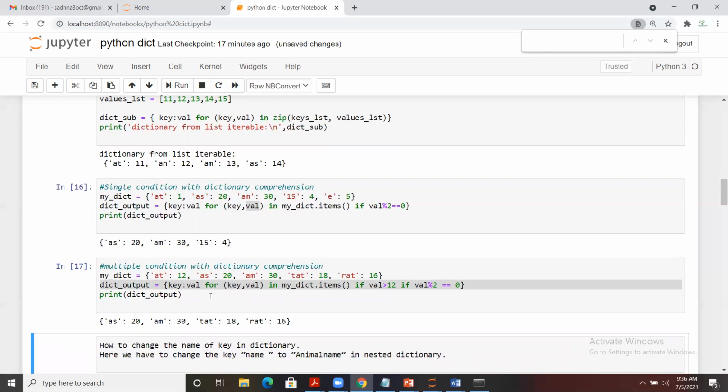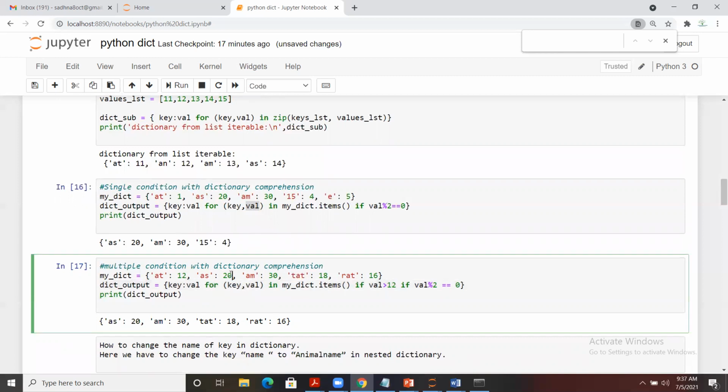It has not considered 12 because the condition that I have given is greater than 12. If I make it, let's say this time, 10, and once you run it, you see it has not included this value as well. This time, this is greater than 12, and also this one and this one, although they are even as well.